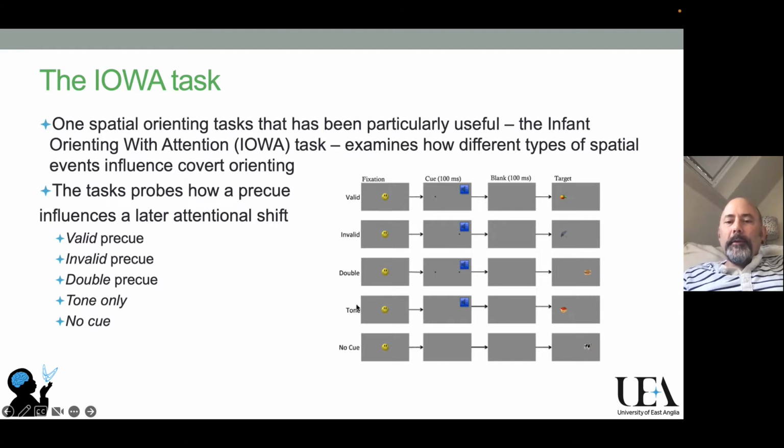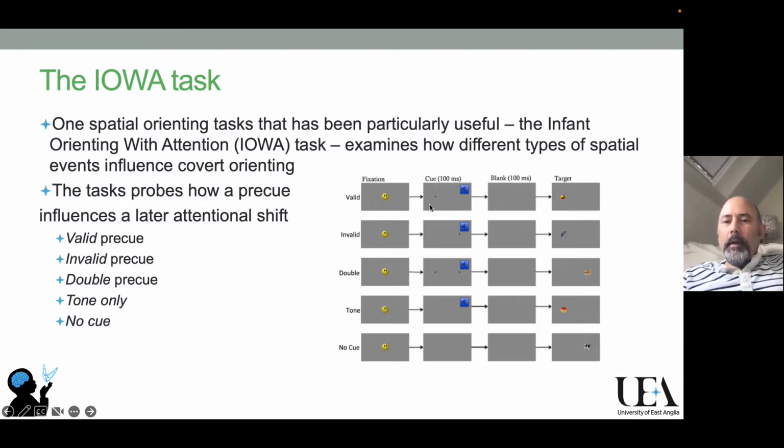So every condition type starts with a fixation cue. Infants then look to the smiley face. That gaze contingent response then prompts the presentation of a pre-cue. You can see the small dot here. In this particular condition, which is a valid condition, you can see that the pre-cue matches the location of a subsequently